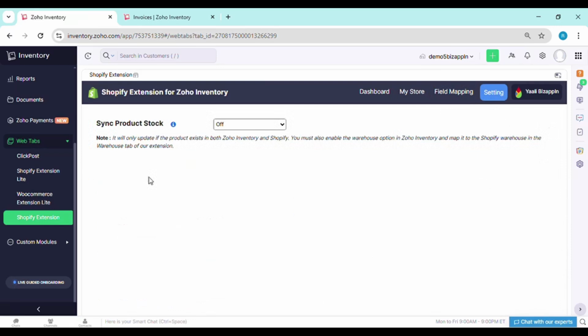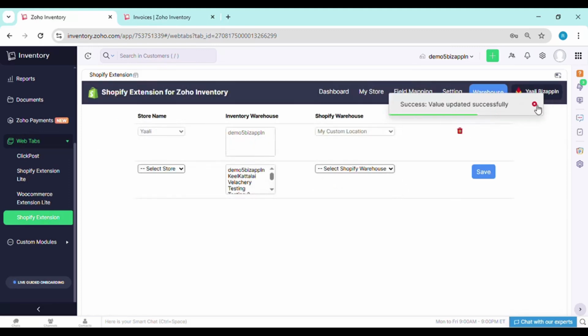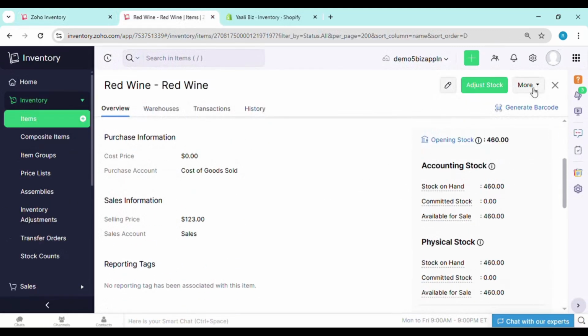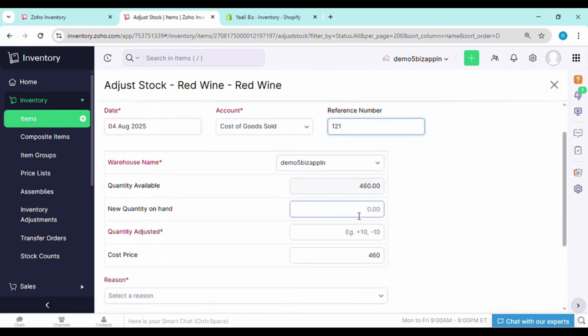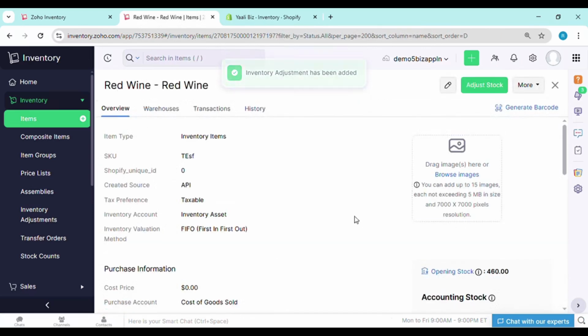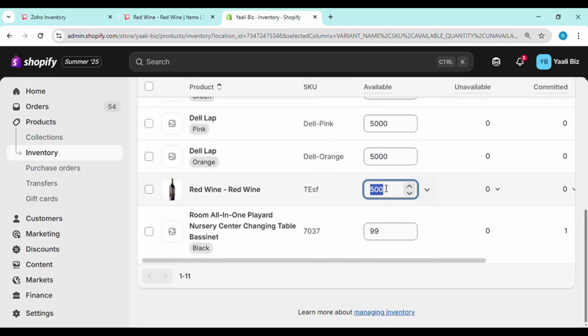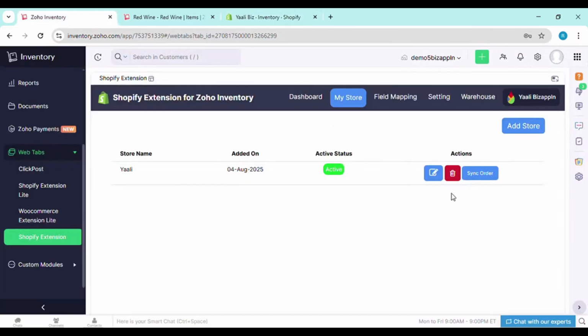In the Settings tab, if you select the Inventory to Shopify Sync option, the Warehouse tab will be displayed. Here, you should map the warehouse where you want to update the stock. Stock has been successfully updated in the selected mapped warehouse location, and there is an option to delete the store